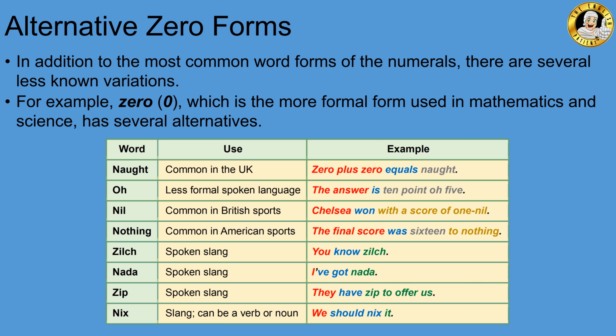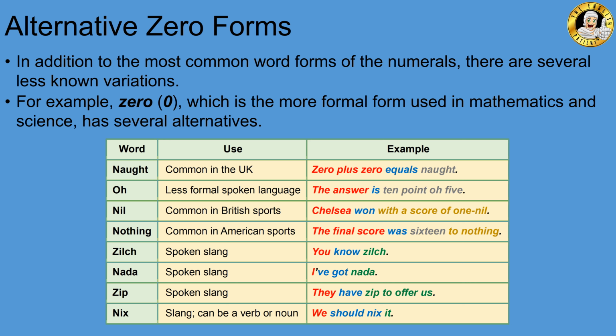Now this is commonly used in the United Kingdom, and the example: 7 plus 0 equals naught. O, because the letter O looks like the number 0. So we can often use O in spoken language, and this is used in less formal spoken language. So the answer is